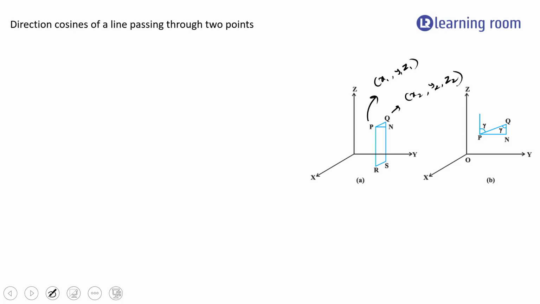I've taken 2 points P and Q in space. That is why there are 3 coordinates associated with them, x, y, and z. So x1, y1, z1 is the coordinate of the first point, and x2, y2, z2 is the coordinate of the second point. Now if I take a separate diagram for PQ and extend this PQ, can I say that this line is making an angle alpha with the x-axis? So I will extend it such that wherever it is cutting the y-axis,